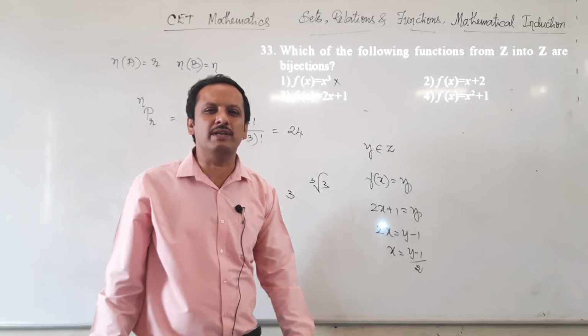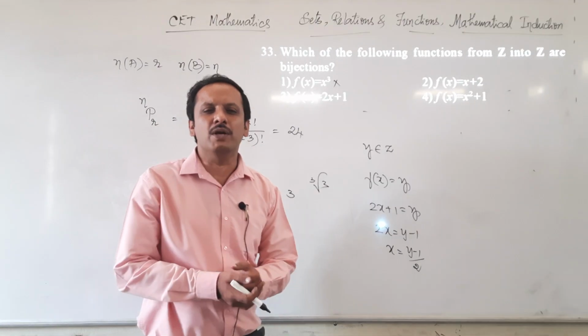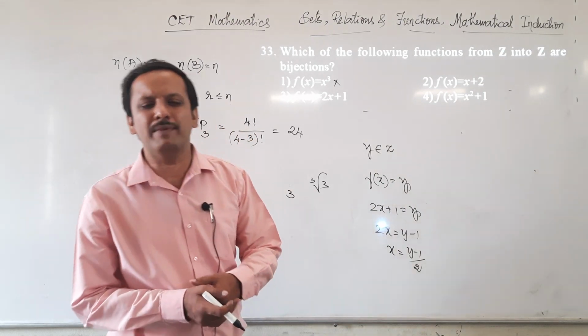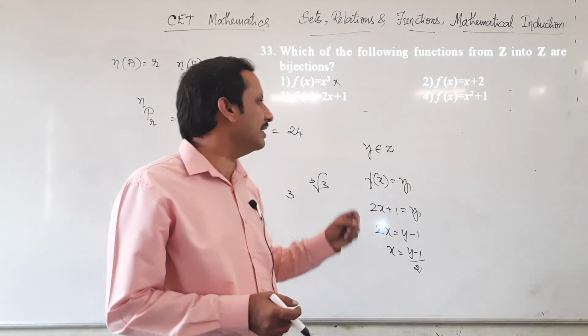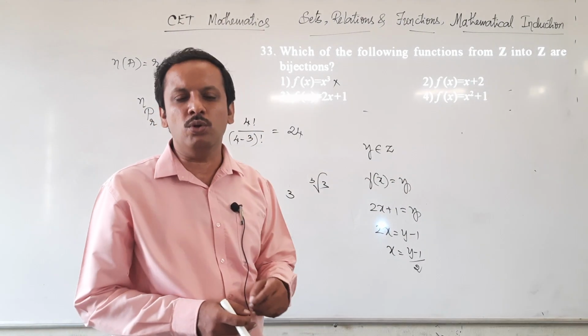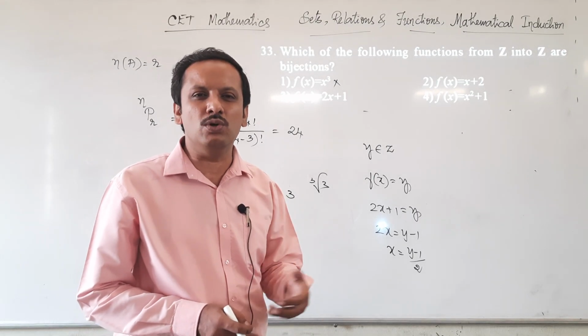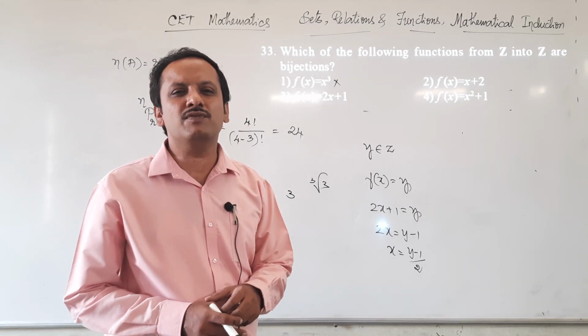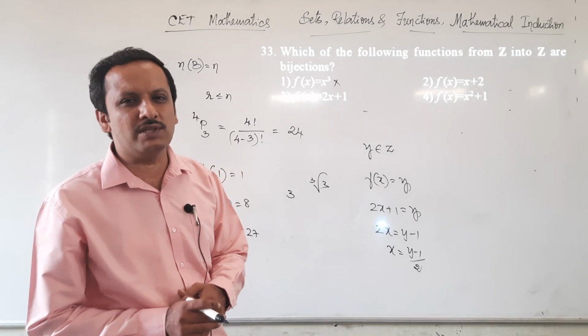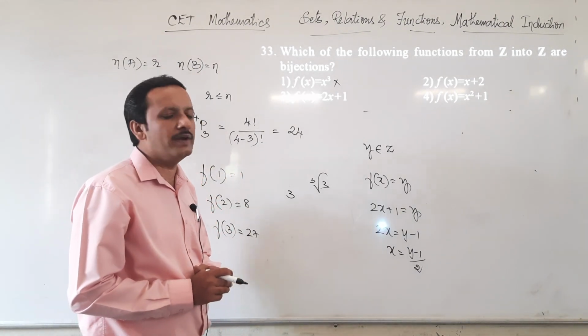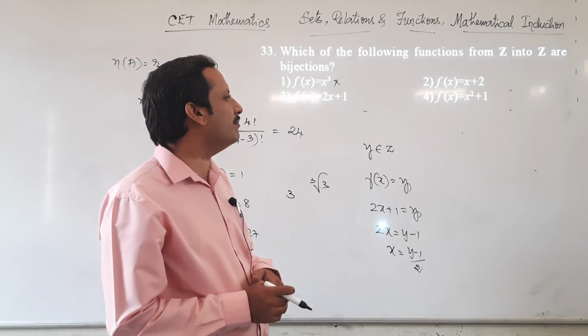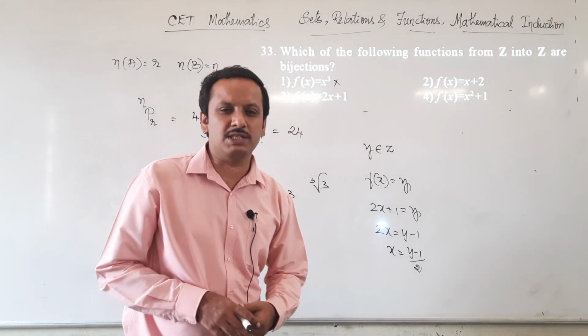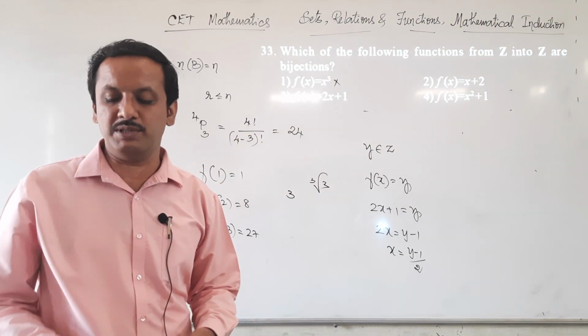Then look at f(x) equal to x square plus 1. Clearly, x square plus 1 is not a 1-1 function at all, because take f(minus 1) and f(1). f(minus 1) would be 1 plus 1, 2, and f(1) is also 2. So two different elements of the domain have the same image, therefore it is not a 1-1 function, hence cannot be a bijective function. So the second option is the correct answer, a bijective function.